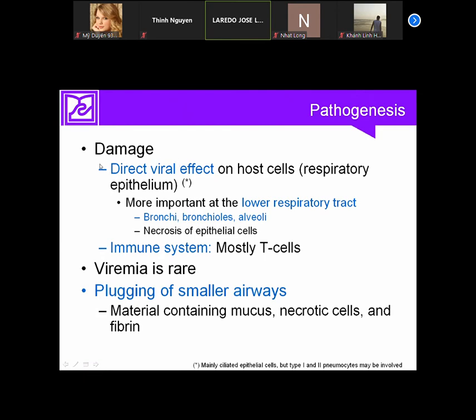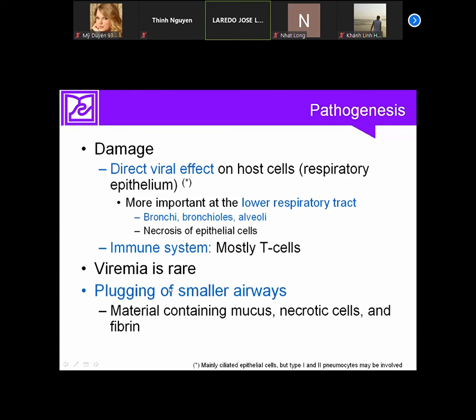The damage, we don't say anything about the damage. It also depends on both, on the virus and the immune system. The same as parainfluenza, the same as influenza. Both mechanisms are related with damage. And this is not microbiology, but I have to tell you,